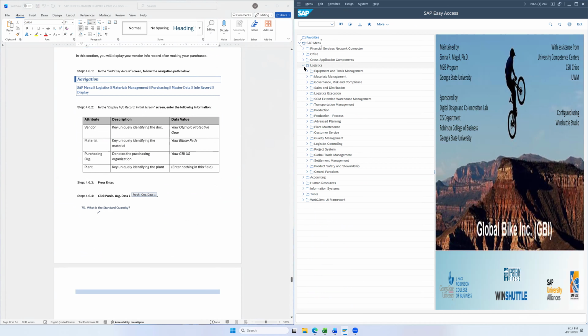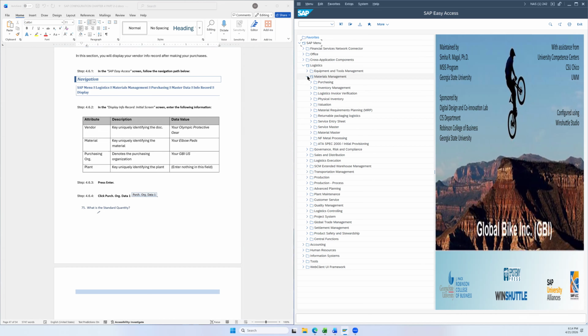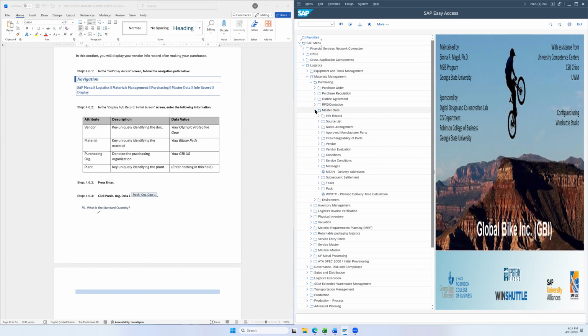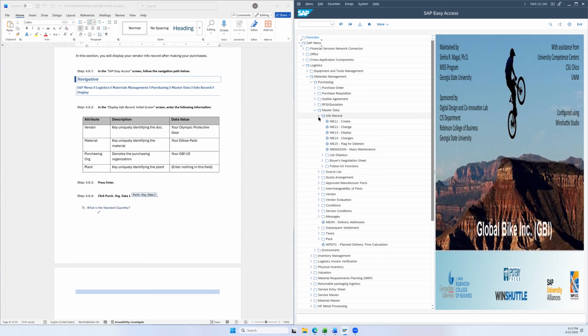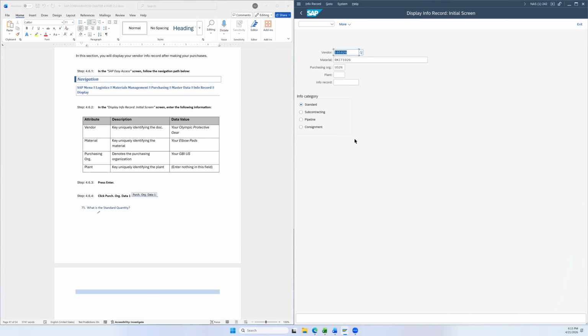Let's follow the file path navigation. Logistics, materials management, purchasing, master data, info record, and display. T code, there it is, ME13. All right, so our vendor was already entered. Actually, this information was already entered for us,